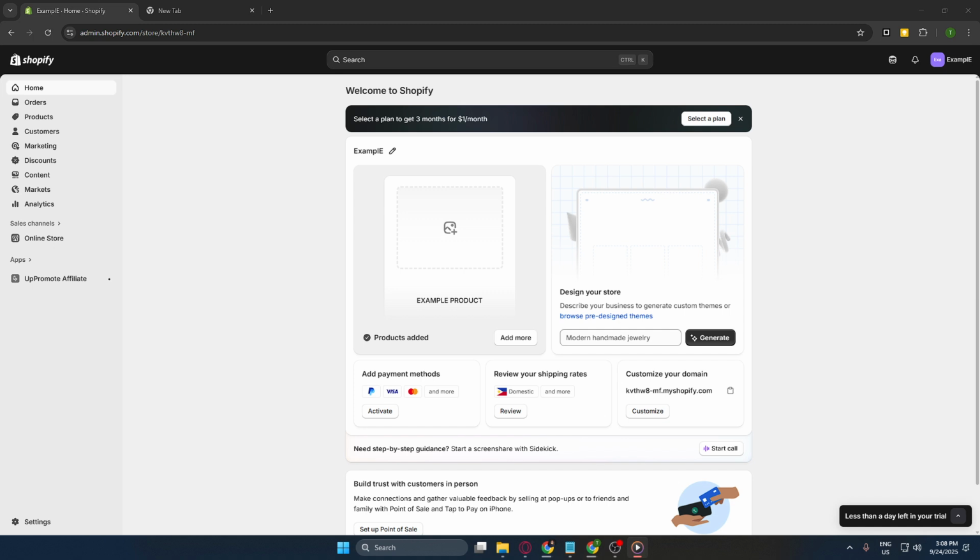Once logged in, direct your attention to the left sidebar of your Shopify admin panel. Here you'll find various sections including Home, Orders, Products, and more. Our focus today is on the Products section, so go ahead and click on Products. This section is essentially the heart of your store's inventory, displaying a full list of all the products you currently